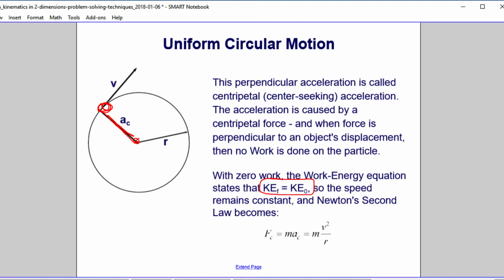We'll assume that the potential energy is staying the same, and the speed will remain constant. Therefore, we have Newton's second law, which is m a_centripetal equals m v squared over r, where v is your tangential